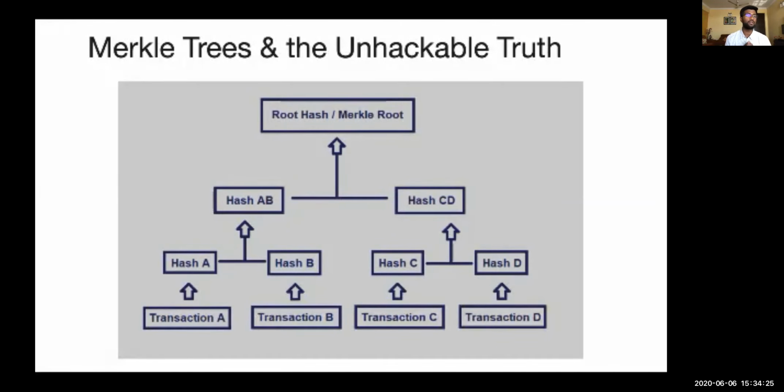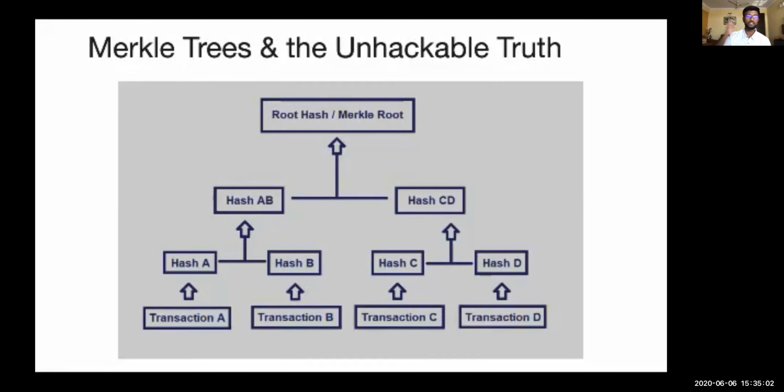They give you the unhackable truth to blockchains, and everyone gets to know if there is a problem anywhere. If a node is malign, trying to change any transaction or roll back any transaction, that is where you get to know, right? So if you change something in transaction A, the hash AB will change. If the hash AB is changed, the hash of AB and CD combined will change. This way, even changing one digit in one transaction results in